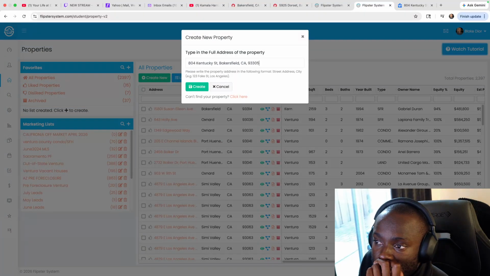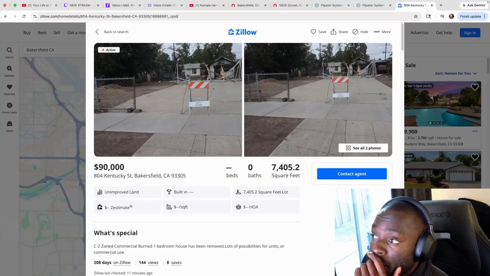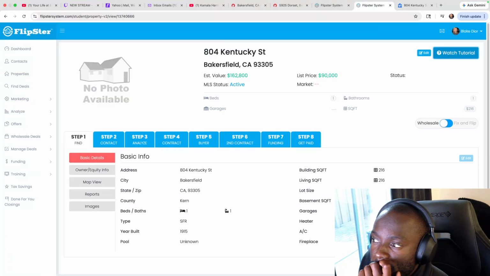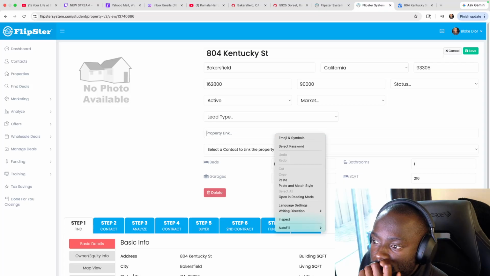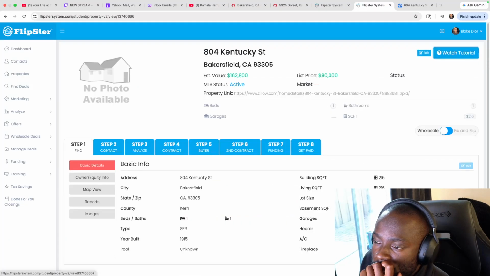Paste it. We want to copy this link onto this home. So we could actually run a comp.